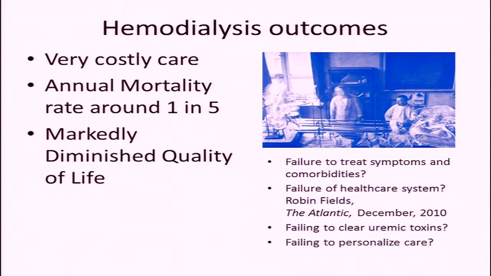There was a nice exposé of sorts by Robin Fields in The Atlantic talking about the perverse incentives that exist in for-profit dialysis. As a nephrologist, everything is due to uremic toxins, so it's really terrific to follow the metabolomics group. Are we failing to cure uremic toxins with thrice weekly hemodialysis? Or is it that we're failing to personalize our care, to find out what really matters to our patients